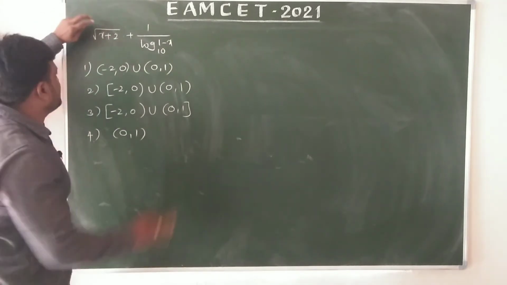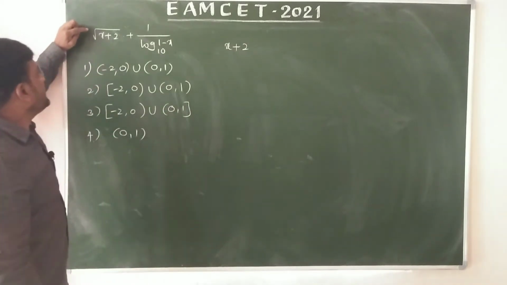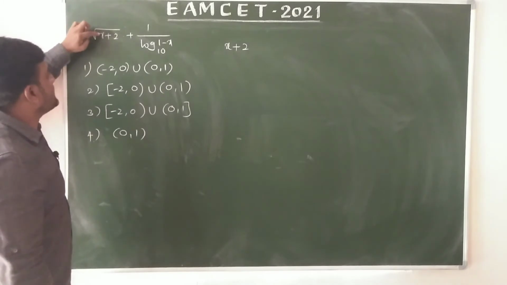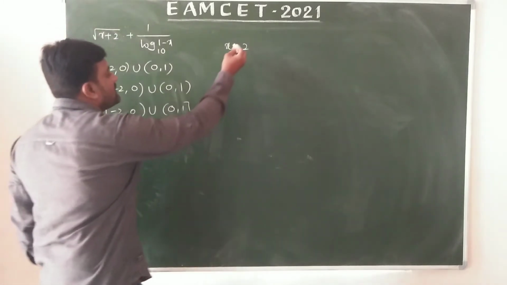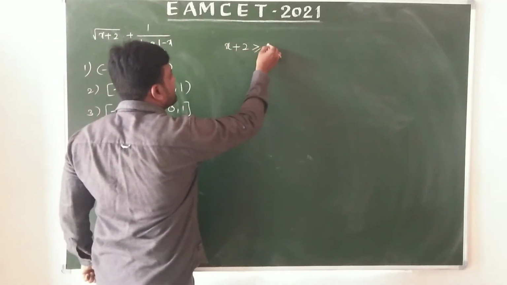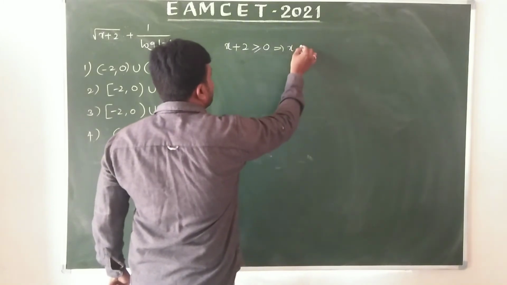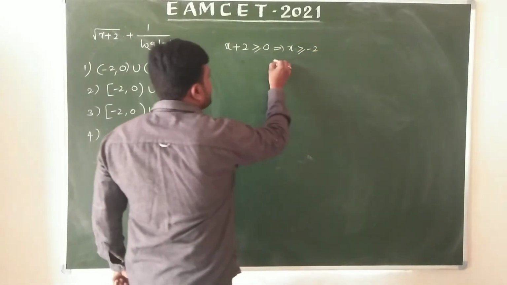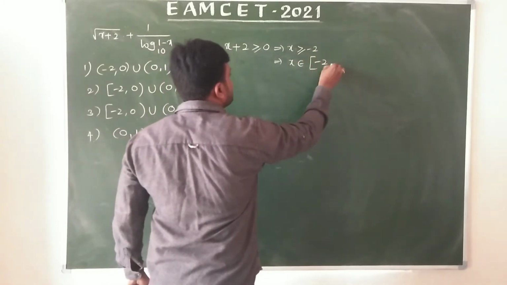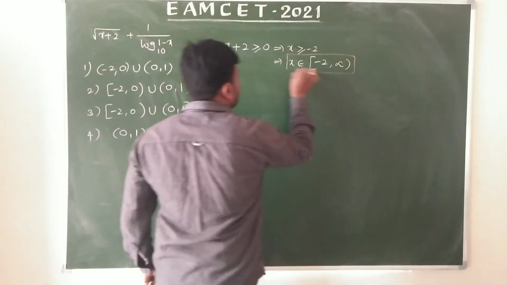Two functions are here. Definitely here x plus 2. Okay. It is under root x plus 2. It is a function inside the root. So, for inside the even roots, x plus 2 greater or equals to 0, yes. Then x greater or equals to minus 2. Here x belongs to closed interval minus 2 comma infinity, yes or no. Okay. Now, this is the first one.